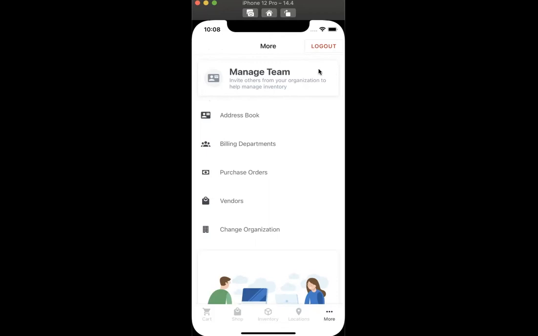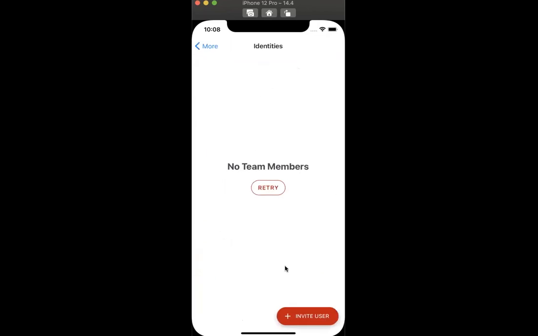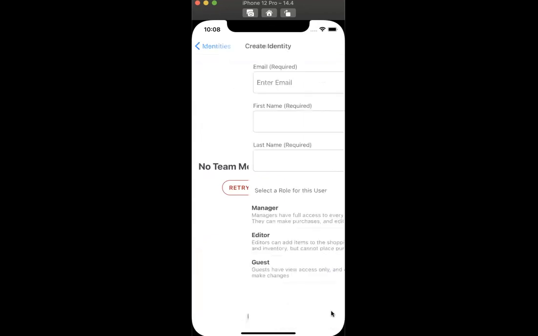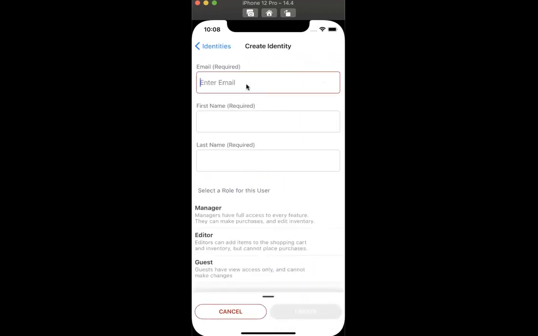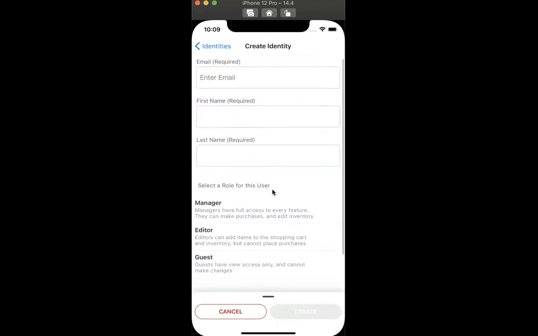So now the car wash manager can just go directly into KR Stock and see what other employees have requested, instead of having to have sort of haphazard processes that can lead to things being left off of orders or getting misplaced. So once they select Manage Team, right now I don't have anybody added in this account, but I can select Invite User, and I'll just need to enter the email, first name and last name,